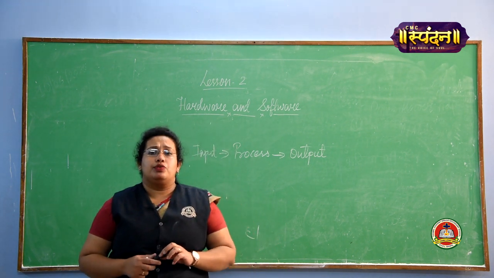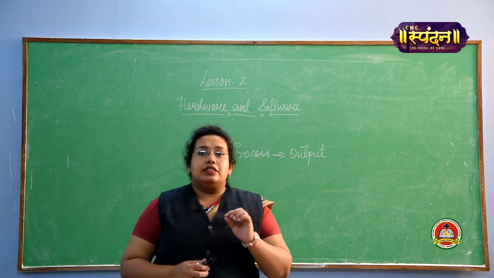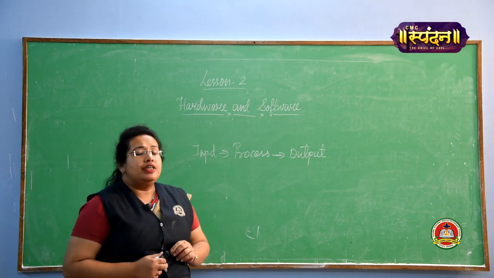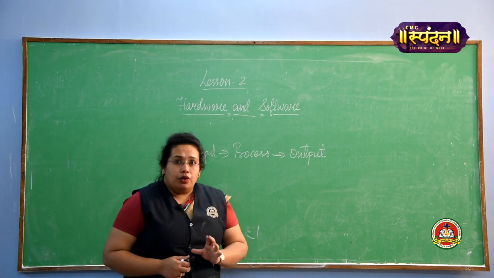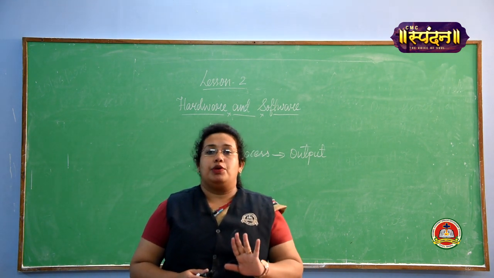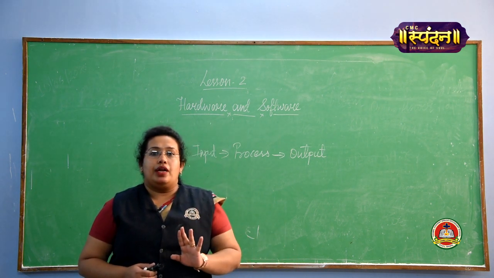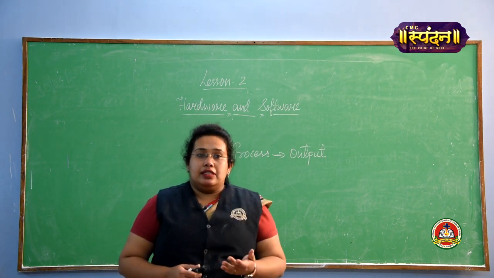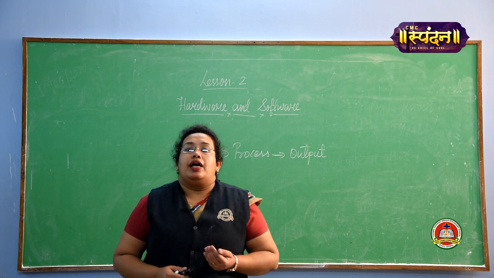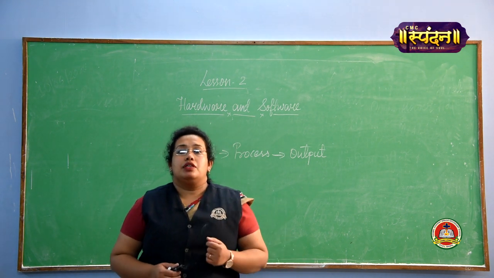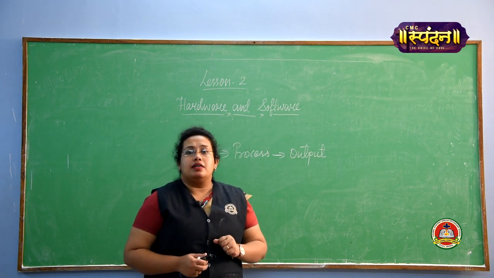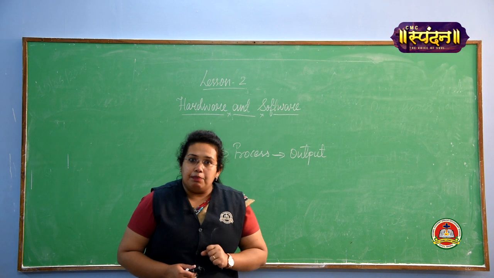So now the first thing we study is hardware. The hardware is the thing I told you that we can touch and see. We have different types of hardware. A computer has 4 main parts: monitor, keyboard, CPU and mouse. These 4 are known as hardware. Other hardware includes the speaker and printer. Like now I am using a mic, this is also hardware. We are using a camera, that is also a hardware device of a computer.